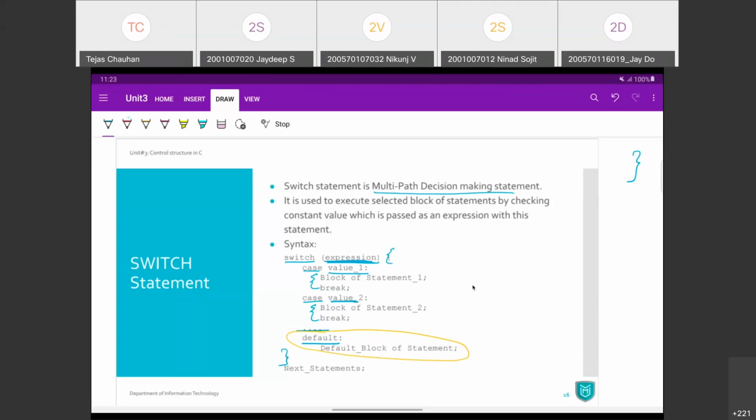Now remember, in each and every case you have a break statement which is actually going to break that case. Otherwise execution will continue from top to bottom. अगर आपने बीच में ब्रेक नहीं लिखा है तो केस 1 के बाद केस 2 भी एग्जीक्यूट हो जाएगा. That's how any C program execution will go on, line by line, one after another. Okay,